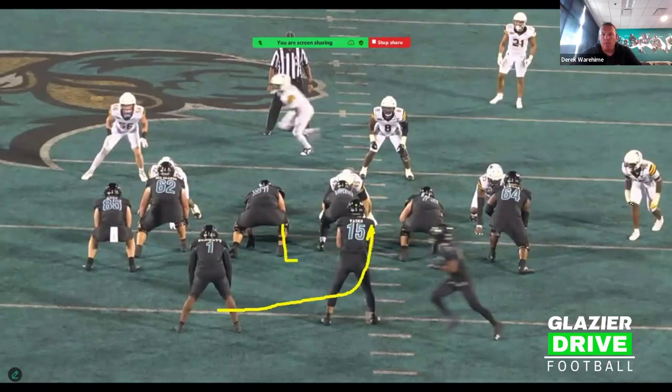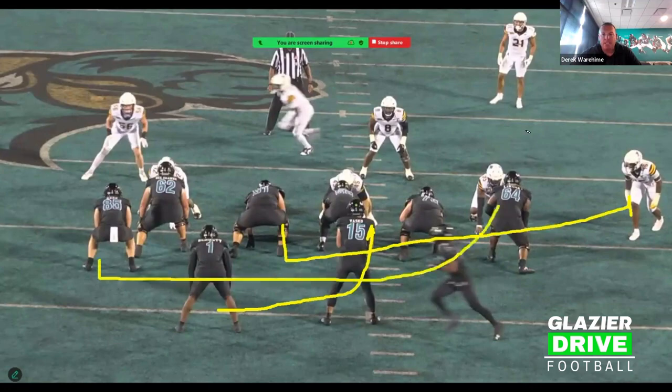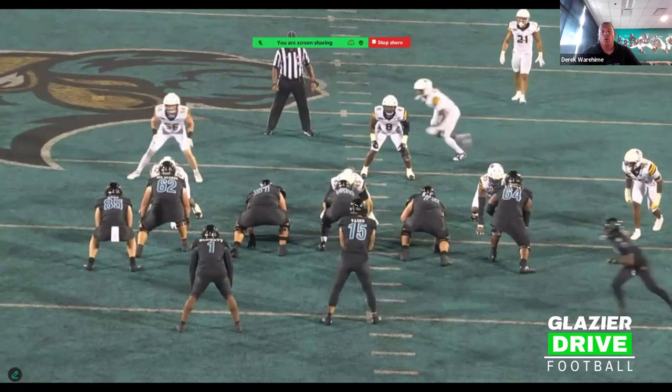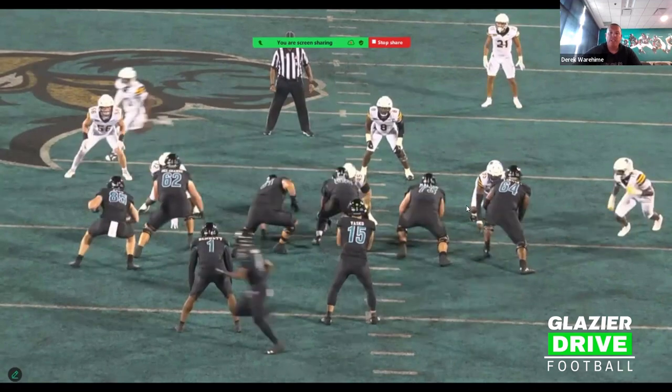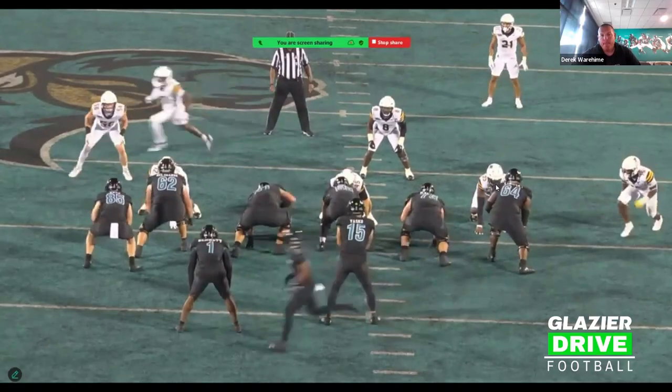This is GH counter. We're going to pick up and pull the backside guard, and we're going to pick up and pull the backside tight end. Okay, those are our pullers. So as a play side blocker, I'm responsible for my inside gap or my backside gap here. Okay. The way we teach the counterplay,